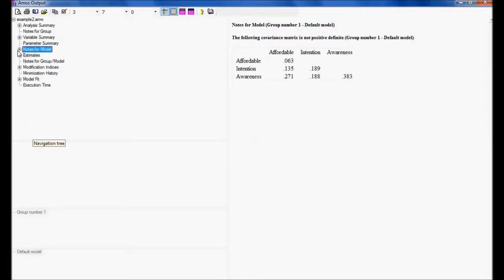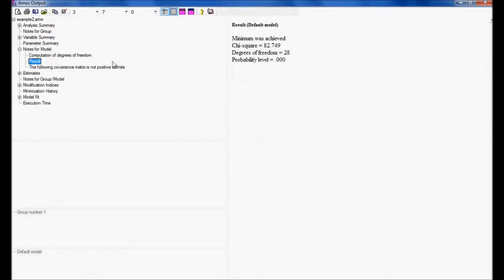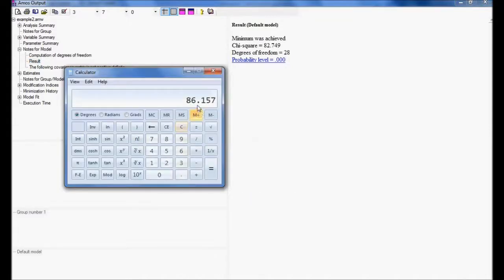Now let me check the chi-square. The chi-square has become 82. The minimum we discussed was 86, but beyond that, the chi-square has reduced to 82.749 and the degrees of freedom have reduced to 28. Earlier it was 29. So the degrees of freedom have come to 28.